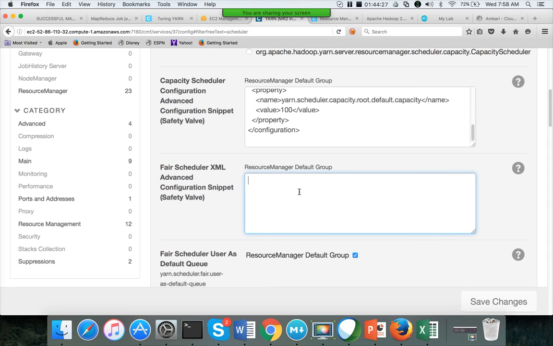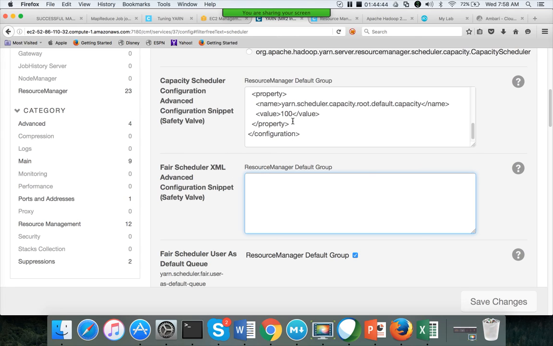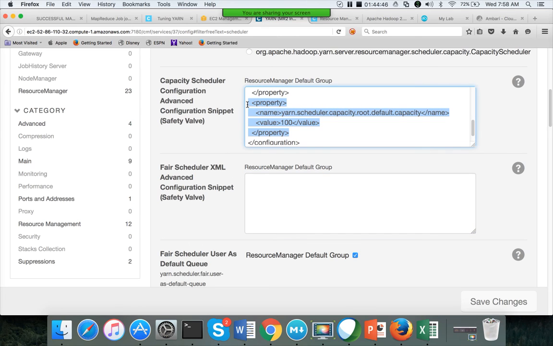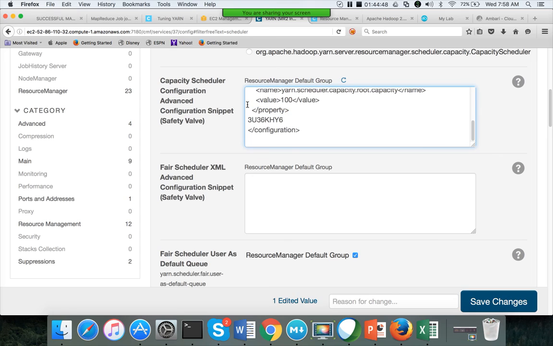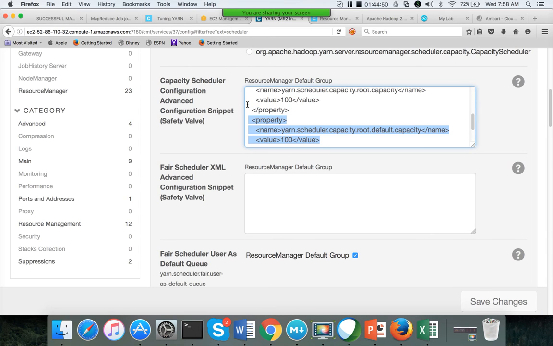You have to provide properties using the appropriate syntax here. It's not name and value like in Ambari. Here you have to provide it as per the syntax. If it is XML and you want to add a property, it should look like this.